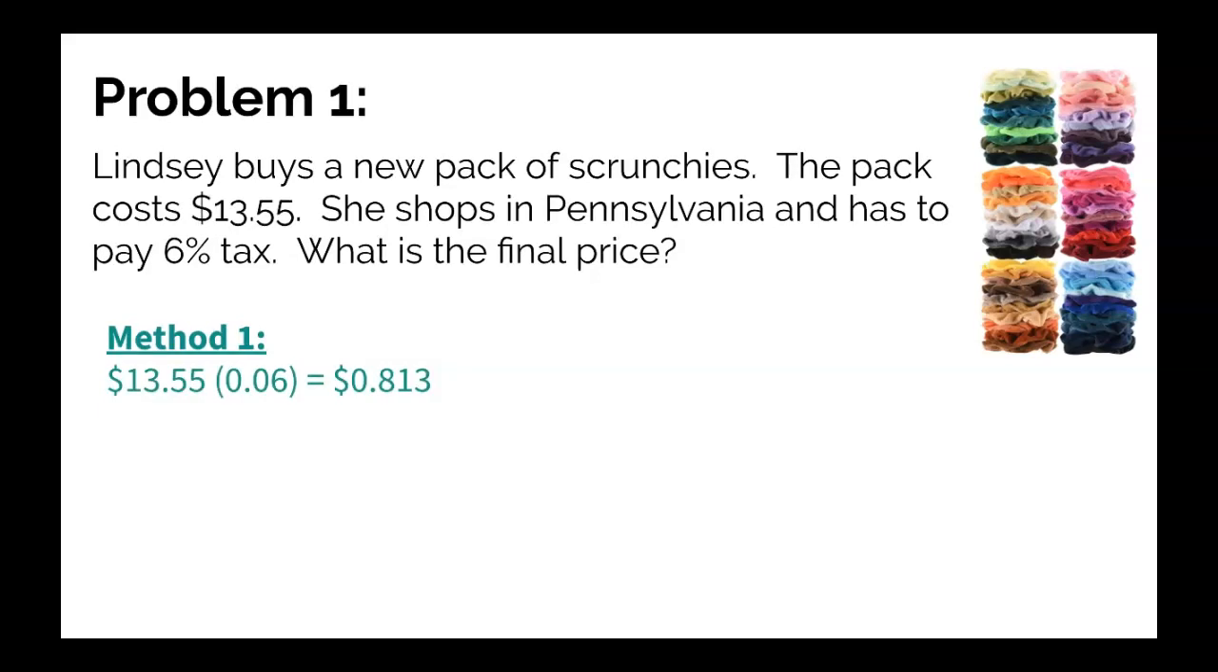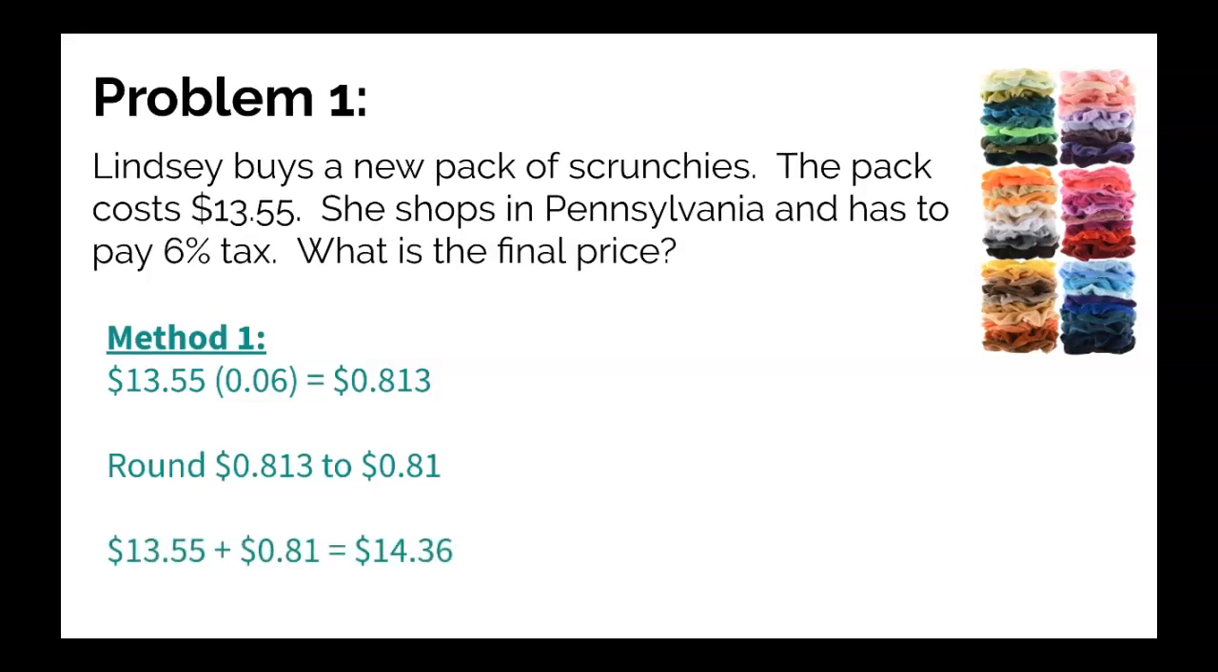Method 1, to find 6% of $13.55, you can multiply 13.55 by 0.06, and you get 0.813. Since we're talking about money, you can round 0.813 to 81 cents. That's your tax, and you can add it to the original cost to get a total of $14.36 that Lindsay